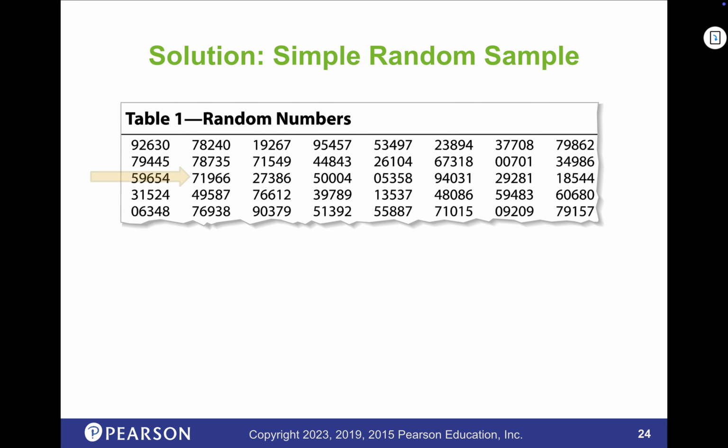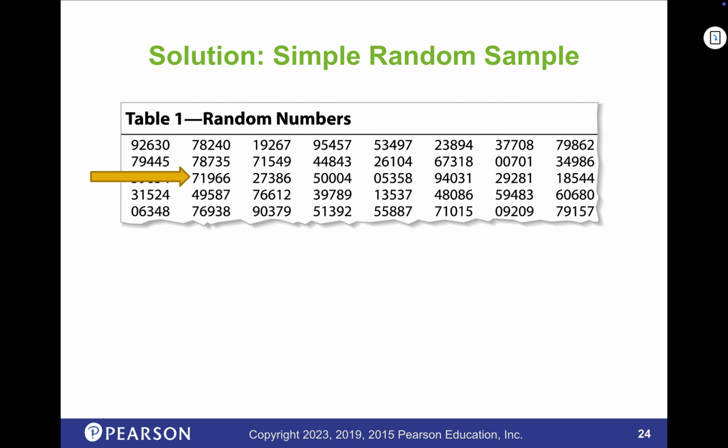So let's take a look. Here's a table of randomly generated numbers. The computer randomly generates these numbers. The thing is that since it's printed now, it's sort of not random anymore. So if we always started with the first number, we'd always get the same results, wouldn't we? So when you use a random table, the first random part is that you have to go somewhere in the table. So they randomly pick a number, which they've got highlighted there.